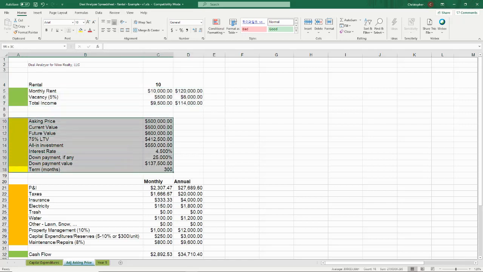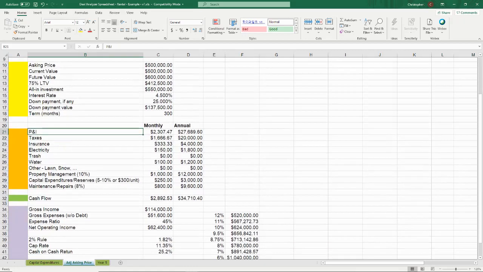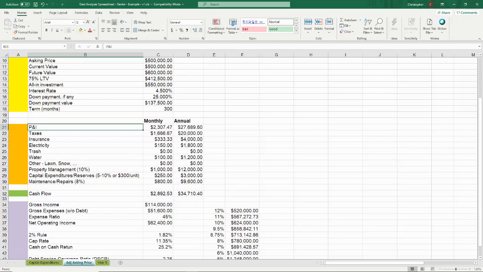Moving on to yellow shows the mortgage and what comprises the mortgage, which is mostly made up of the purchase price of the real estate asset, but all that turns into principal and interest, monthly payment, times 12 months in a year, making up an annual mortgage total applied to the real estate asset. We look here in orange at the remaining real estate expenses: property tax, insurance, utilities, property management, capital expenditures, maintenance, all things we talked about in detail in the last show, episode number 13.